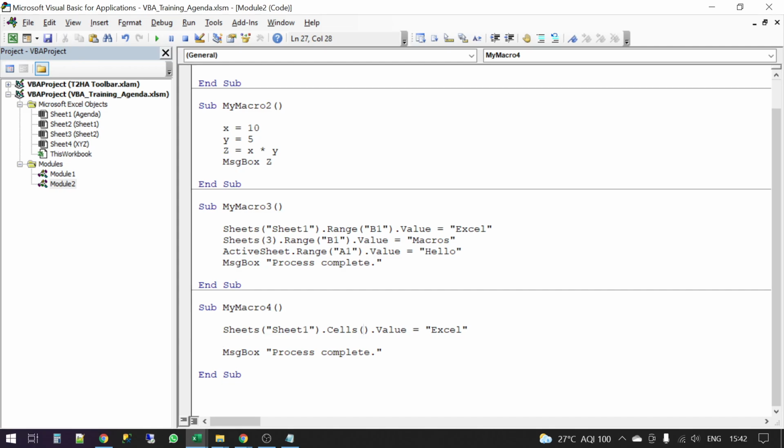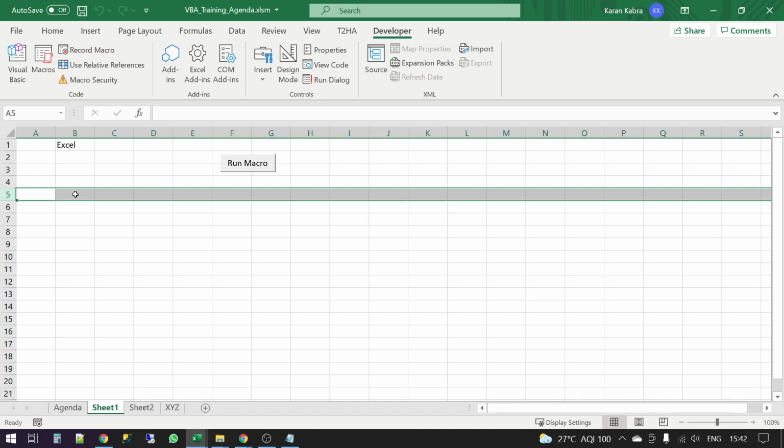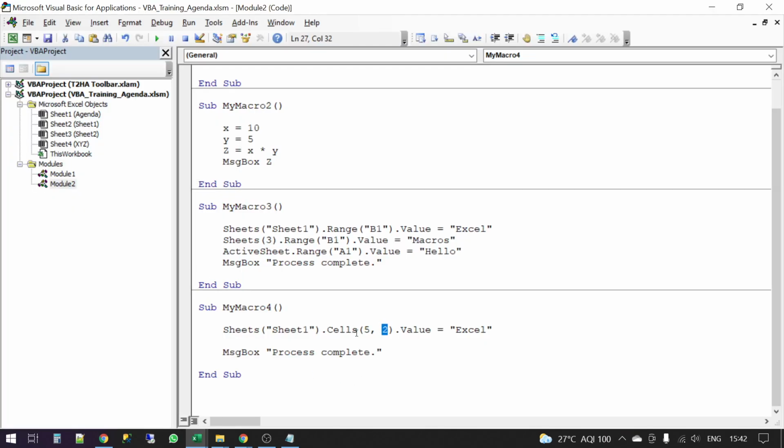After cells, you don't need to give it a name like B1 or anything like that. You need to mention the row number and the column number. So if I write 5, comma 2, that means we are talking about the fifth row and the second column. This is the cell that we are referencing if we write something like this.